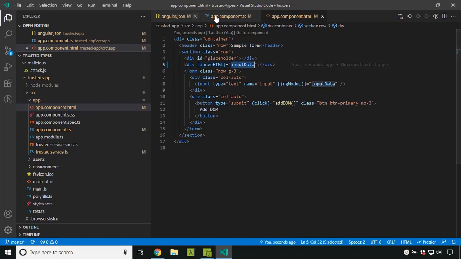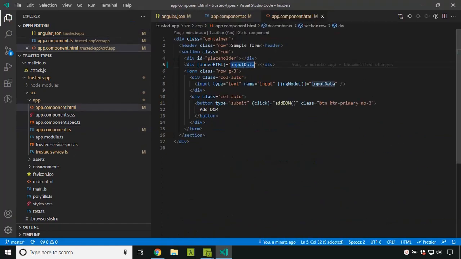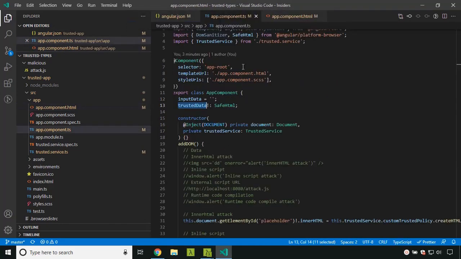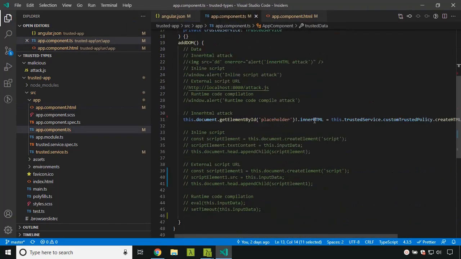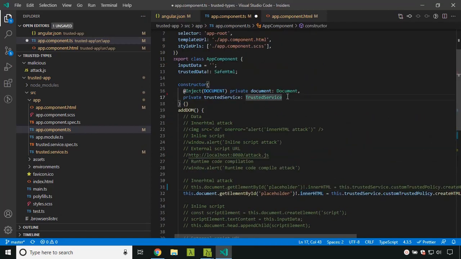Another way is the DOM sanitizer which we saw earlier, but there is actually a way in which you can bypass the security. Here I am defining a variable called trusted data and assigning it here. The DOM sanitizer provides another method, so let me inject the DOM sanitizer here.